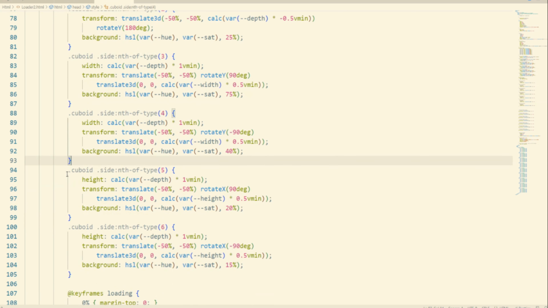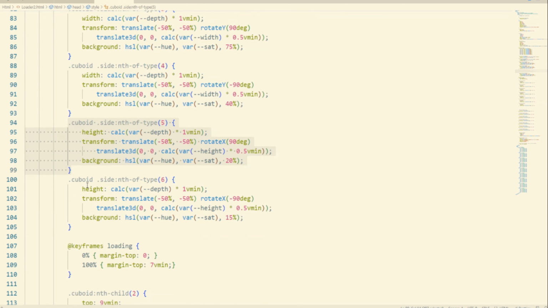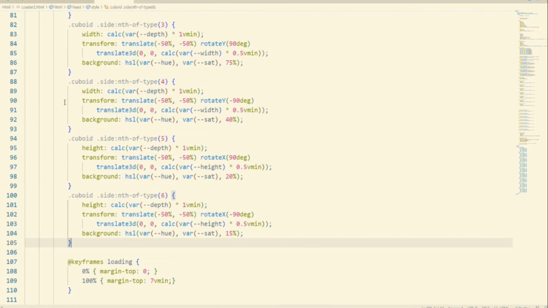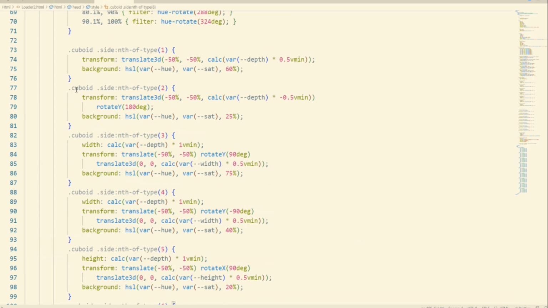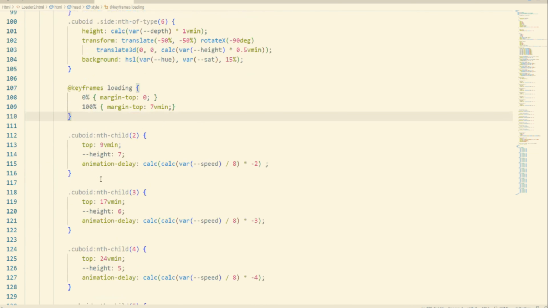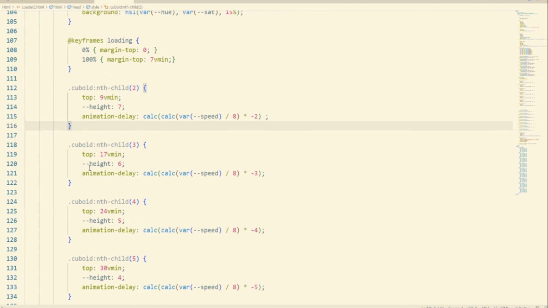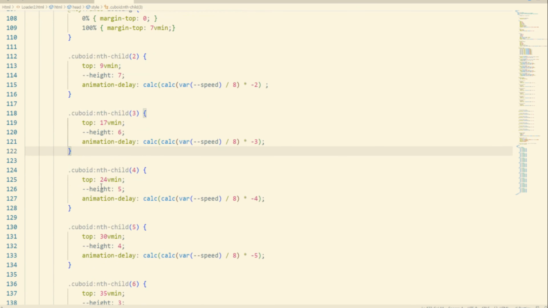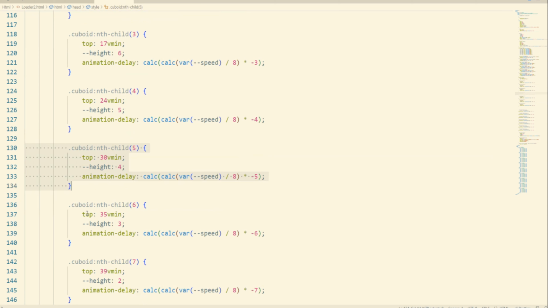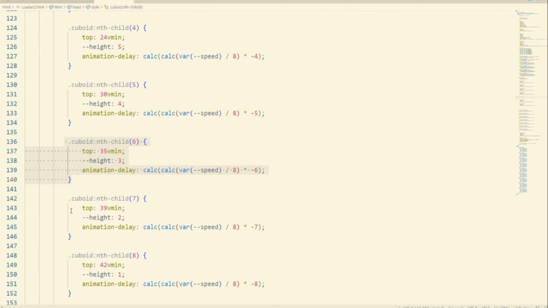Here you can see the transformation, like 50-50%, and rotation X Y, which axis it goes up and down on. Now come to the keyframe loading, like 0 and 7 VIM, and cuboid in type child 2, 3, 4. Here you can see the different sizes and the calculation, like animation delay. What kind of animation are you seeing here? It's a logic where speed 8 minus 1, 2, 3, 4, 5, 6, 7, 8,